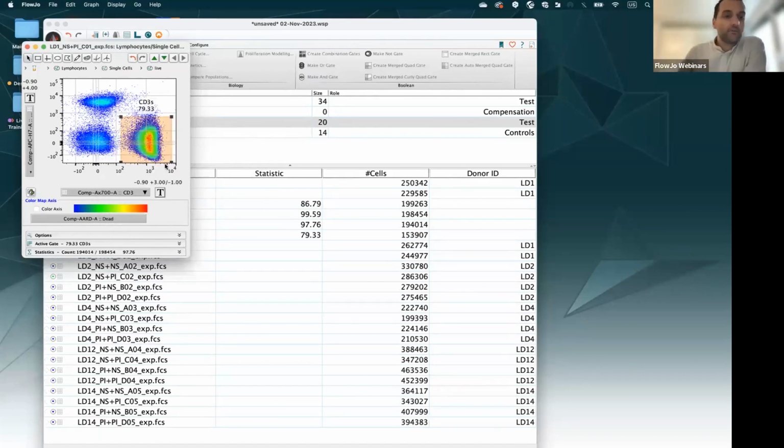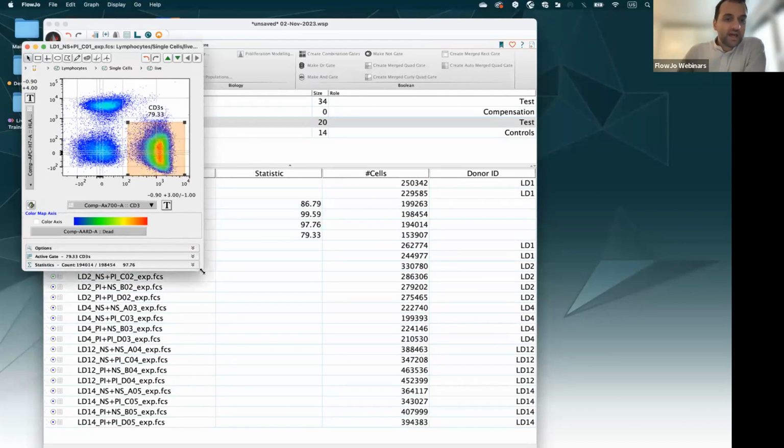Another nice way to visualize your data is the color map axis. The color map axis allows you to have a third parameter, which you choose yourself from that list here, to be displayed as a heat map. So if I select this color map,